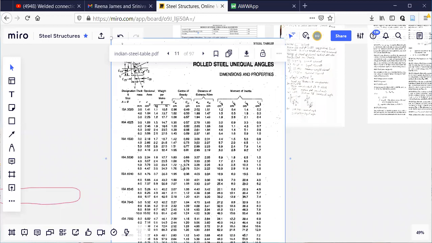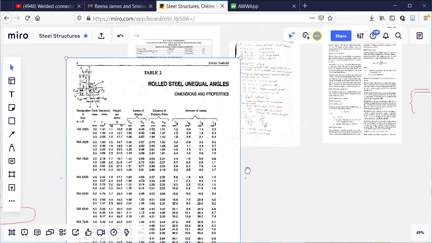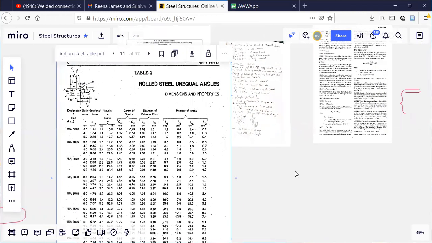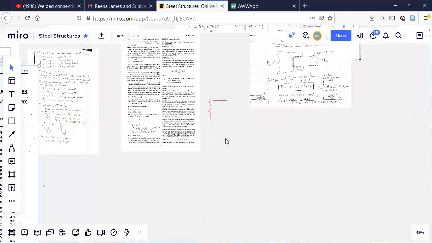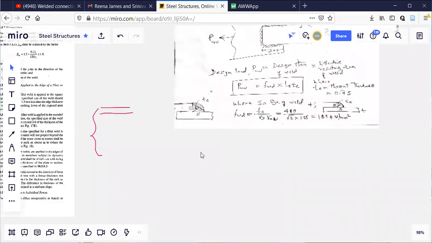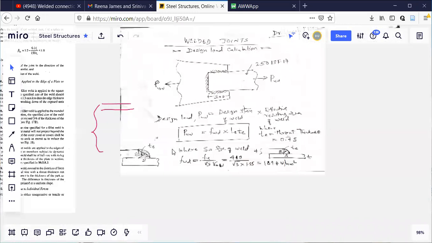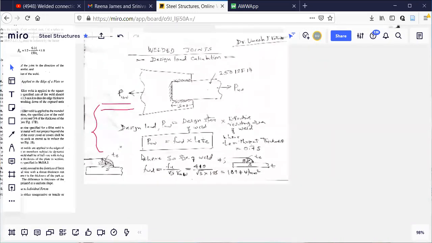Okay. So I'll start this welded connection. I'll try to solve one problem. Observe here, because according to me it is a simple thing, not a difficult chapter. See this one here. This is a gusset plate and this is just a flat plate. It is not an angle. It is a flat plate. Initially, in this module you have to solve problems using flat plates. Angle sections later on.